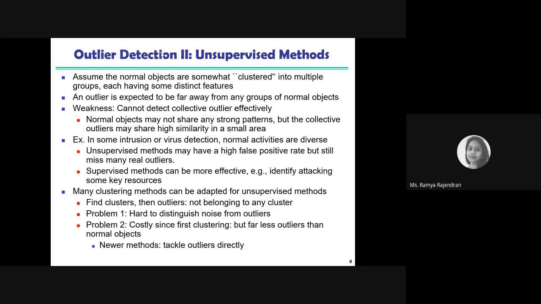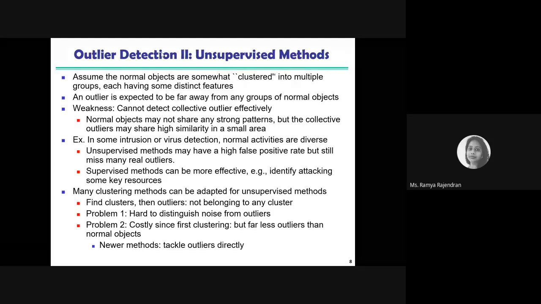But imagine you have collective outliers, where a group of data objects in your data set are outliers. They will go together and form a cluster, right? So this method is not suitable for collective outliers. But if you have a contextual outlier or a global outlier, this method works very well. You can use it for virus detection or computer intrusion. Yes, when it is a global outlier, you can definitely go for this.